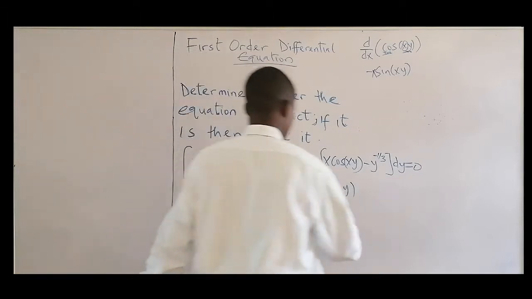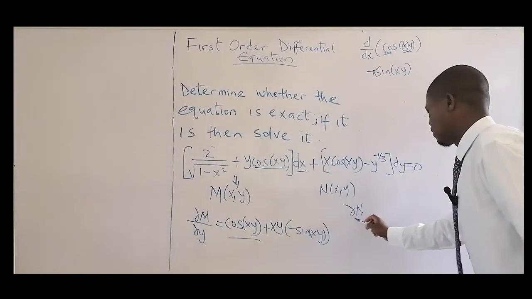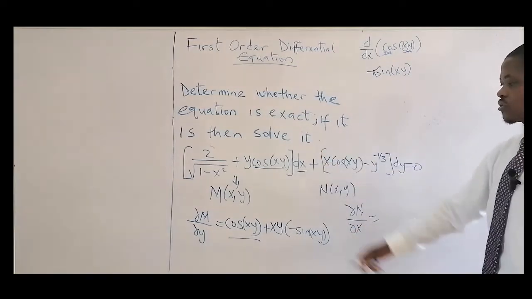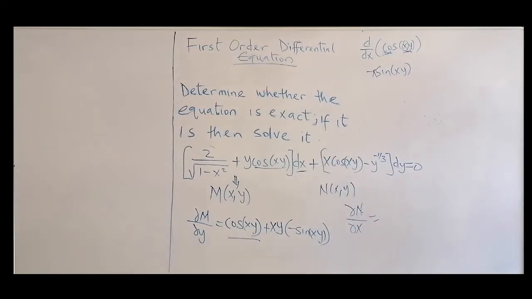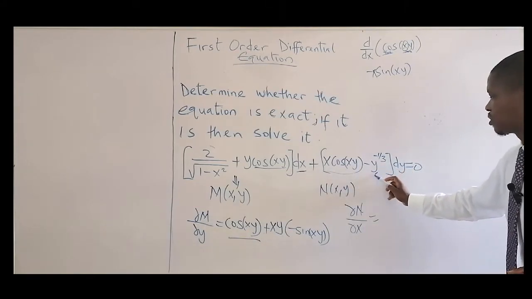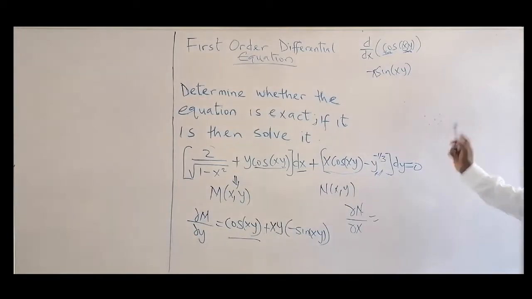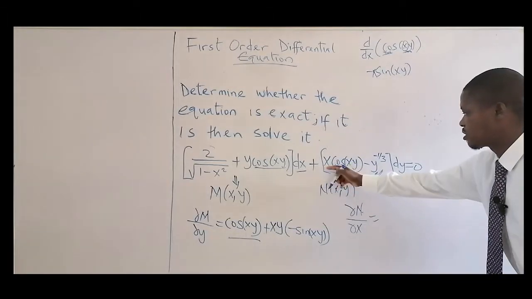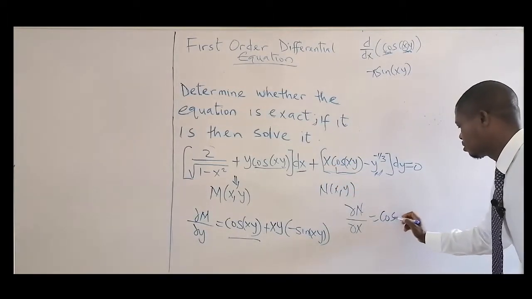Let's do the partial differential of N with respect to x. We do that also with respect to the other function, x. Here also, the same thing you're going to do. We are only after where there is an x function, which is here. There's no x function here. So if you differentiate this one, it's automatically 0. So product rule, keep this one constant, differentiate this. So that will give you cos xy.